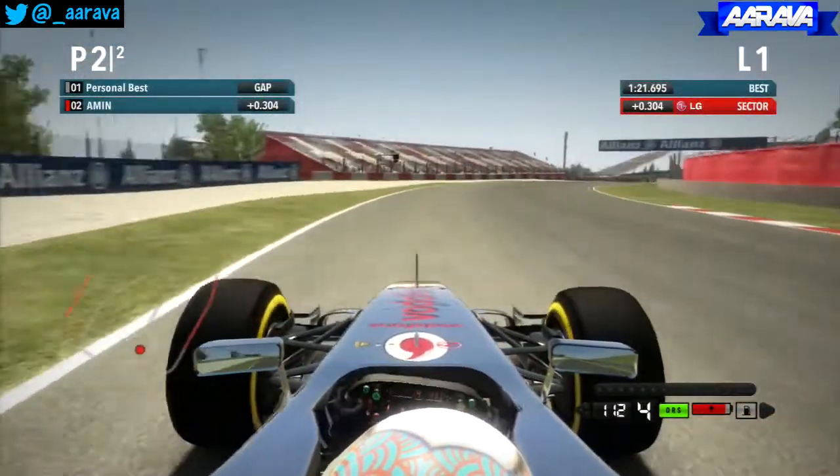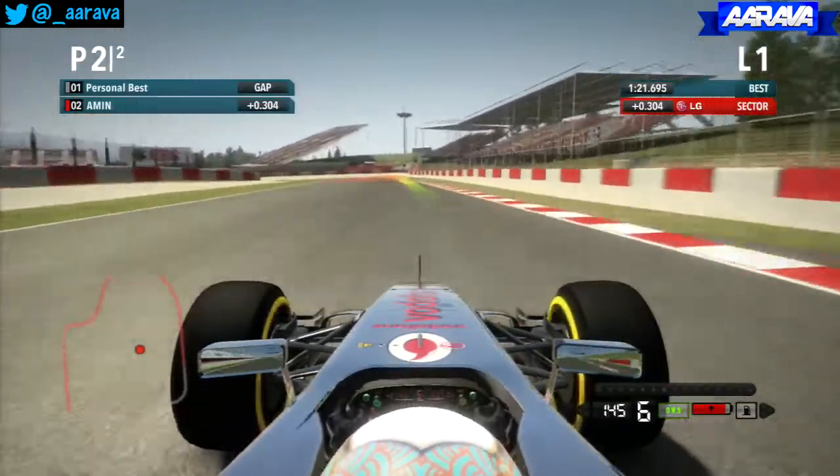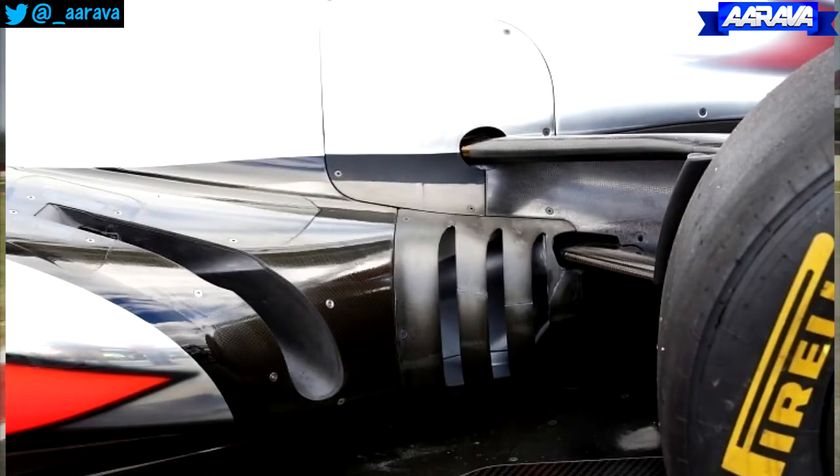Now, McLaren and Red Bull both pioneered the Coanda exhaust system, which basically allows them to get a lot more downforce through the diffuser. The Coanda effect is usually talked about in terms of a liquid, but when an F1 car moves that fast through the air, the air is basically like a liquid substance. The Coanda effect basically states that a liquid moving over a curved surface will continue on that curved path. So they've used that, and as the exhaust gases come out, they've put a little flap